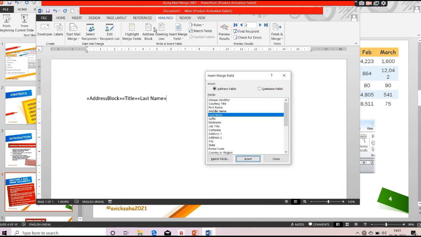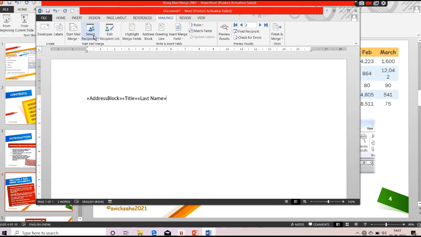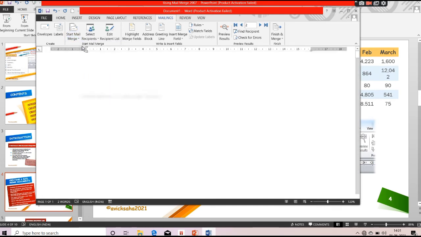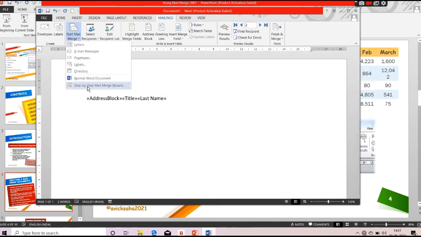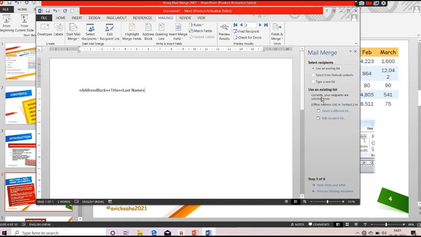Everything you can put. Even you can select some of the recipients also. And how they have told to start a mail merge, first of all you need to click on Start Mail Merge, go to Letters, and after that step by step you can go ahead.